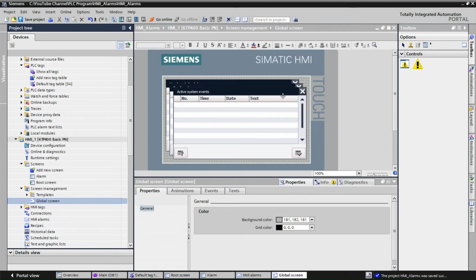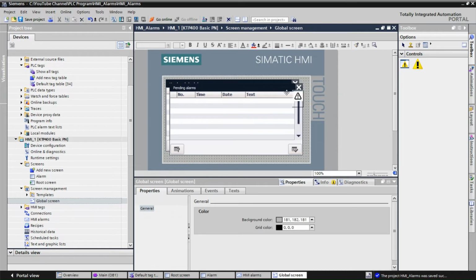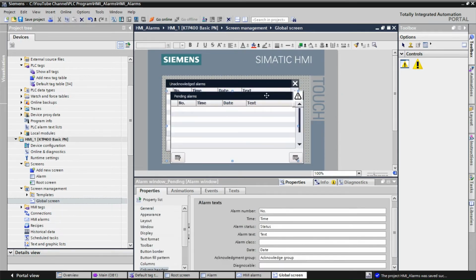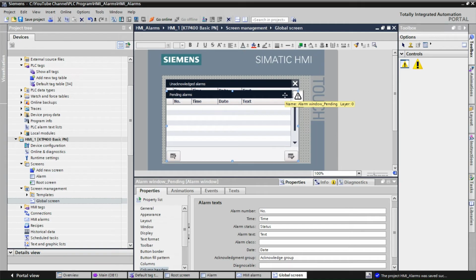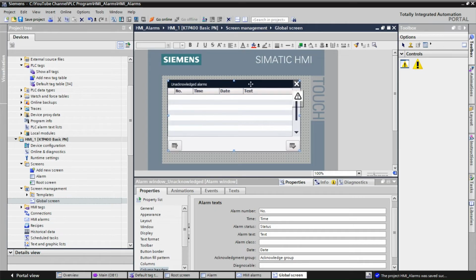These are active system events. You can keep them, or you can delete them. Actually, I can delete it. I have no need for pending alarms. I don't want these pending alarms either, so I just delete them. I just keep the unacknowledged alarms, which means whenever the alarms trigger, then this